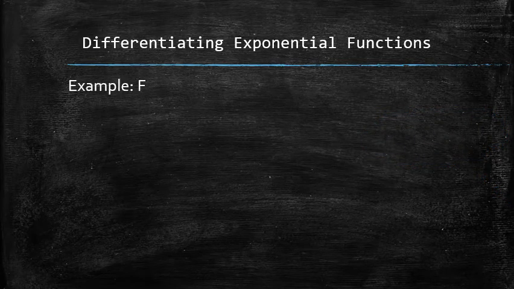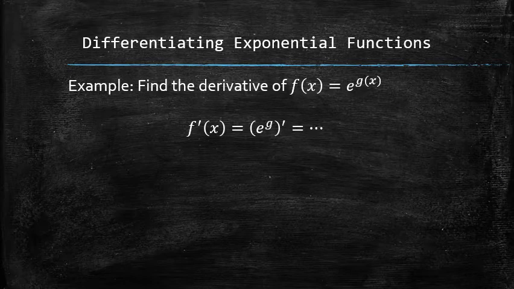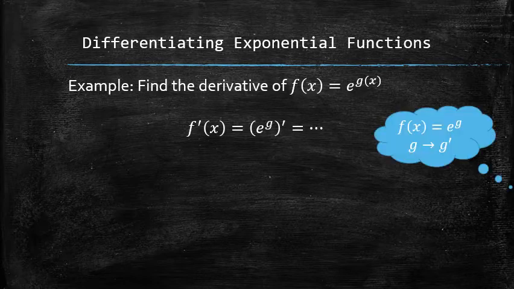Similarly, to find the derivative of a composition of the natural exponential function and some other function, we start the process by recognizing that we have the composition. So we apply the chain rule, for which we should know how to find all the components. We get the final answer after plugging everything in and simplifying.